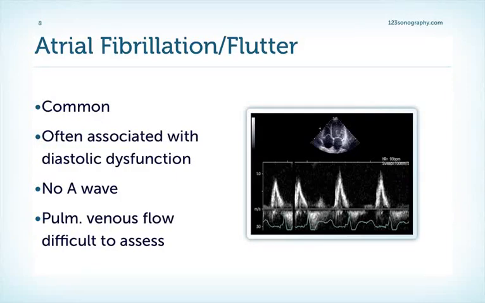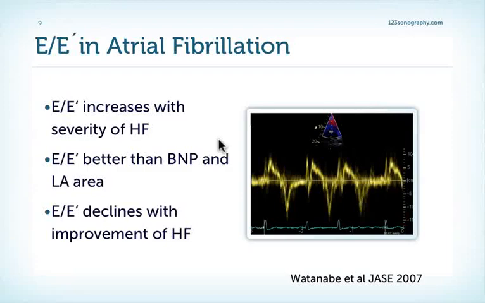The next problem, what do we do if we have atrial fibrillation or atrial flutter? Well, first of all, it's a very common finding, and as we all know, elevated left ventricular filling pressures cause atrial fibrillation and flutter, so there's a strong association between the two. Since we do not have an A wave in this condition, we cannot assess the E to A ratio. It's also very difficult often to look at the pulmonary venous flow in these patients, so the only thing we can really do is look at the E to E prime ratio and